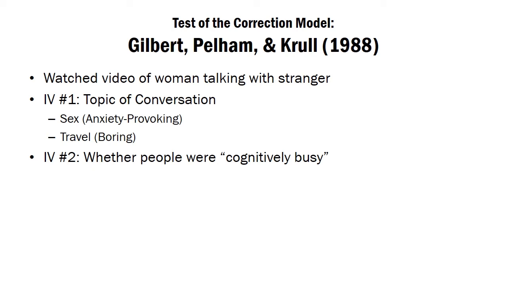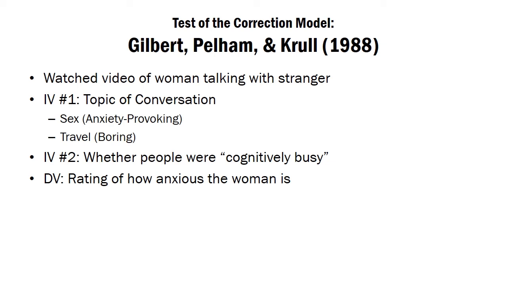And at the end of the video, everyone was asked to rate how anxious the woman was as a personality trait. Is this woman an anxious person? And to answer that question, you might look at her behavior in the conversation, which she's acting a little anxious in the video. And so if you drew a dispositional attribution, you'd be saying that this is a woman who has a personality trait of anxiety. It's an internal characteristic that caused her anxious behavior in the video.